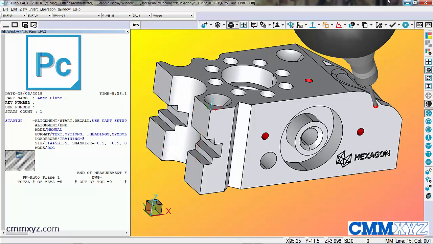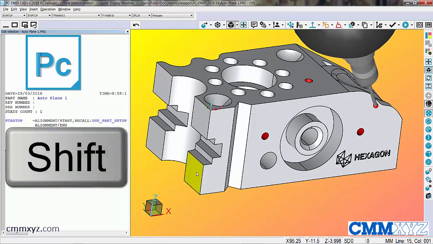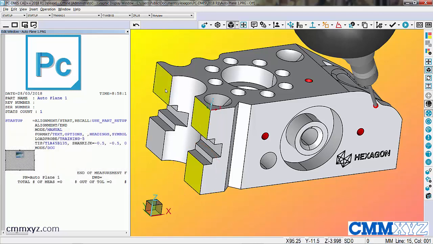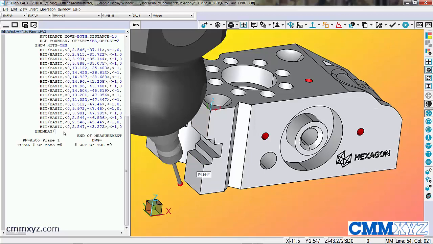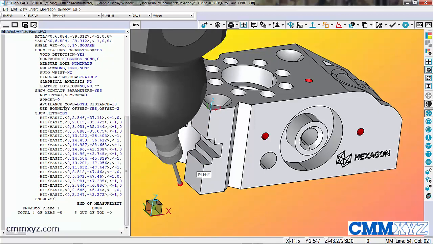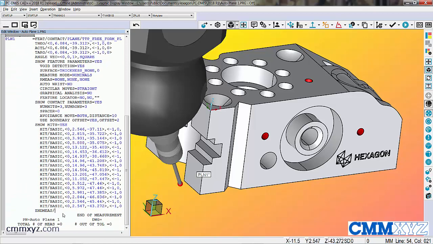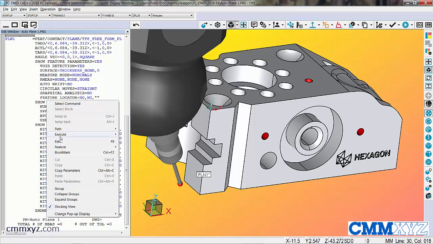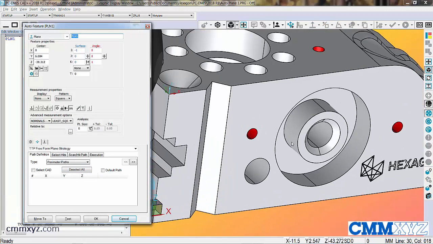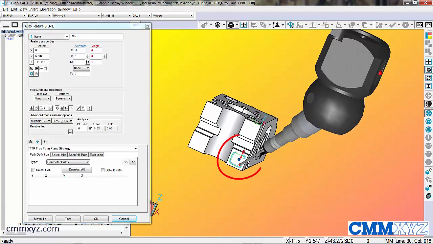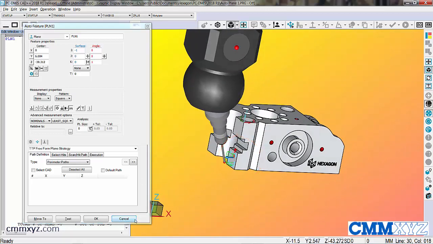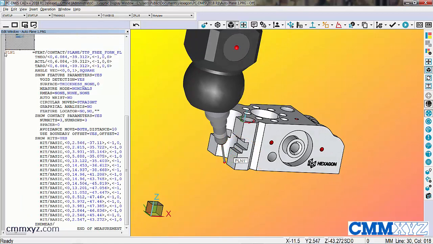So a couple ways to do that. Using quick features, I can hold down the shift key, and just so you can see it's turning yellow, I'll click and hold with my mouse and just keep dragging until each surface turns yellow, and then release, and there's my plane. The trouble with that is we don't know what measurement routine it's choosing there. So I could edit that feature and have a look. You can see it's actually not what I want, and it's just showing it up in that bottom right hand corner. So I'm going to cancel that, delete the feature,